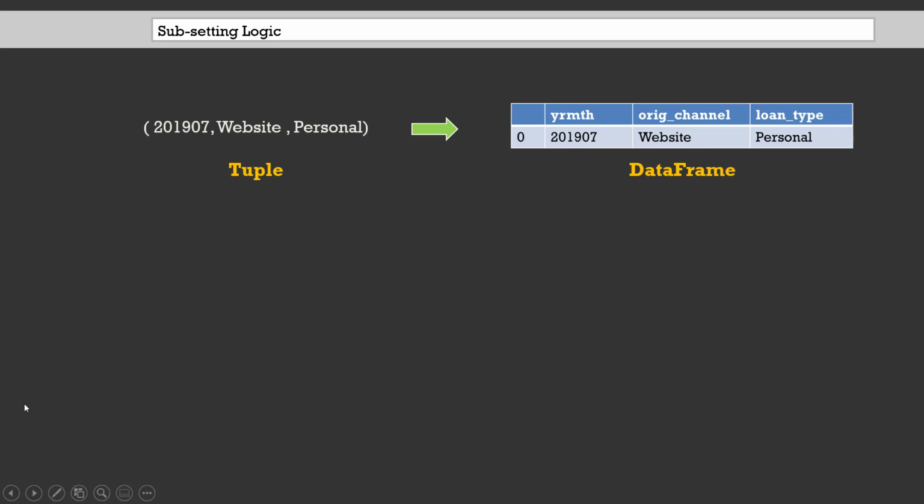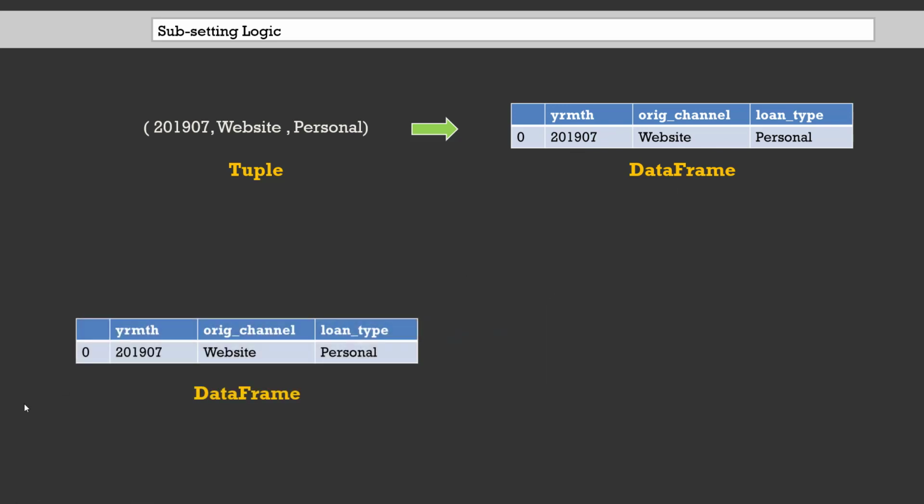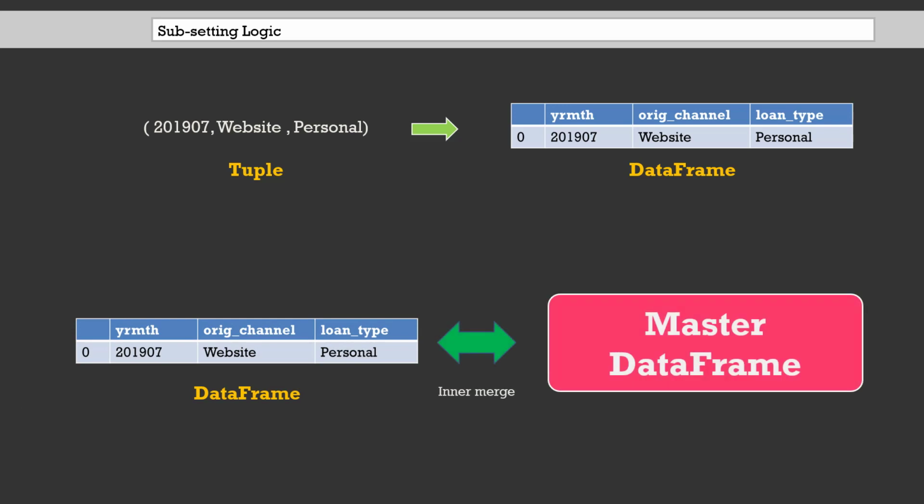And we will use this data frame and apply an inner merge with the master data frame for those set of values, so that we can pull all the records from the master data frame where there is a match found on all these keys. And this is just an illustration for explanation purpose. And in actual, there could be 2 columns in this data frame, or there could be 4 or more columns. Let's now switch to the demo mode and let's take a step-by-step approach to build this dynamic custom function.